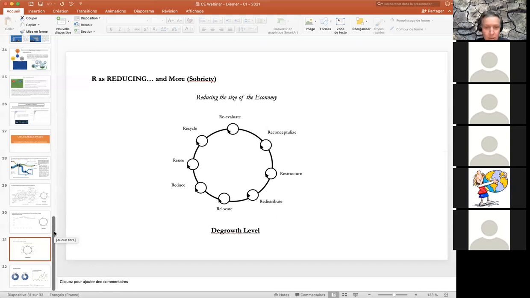So for example, we could have indicators of how much activity we are able to relocate every year, how much activity or product we can reuse. And I think if we do this, we start to understand the consequences of circularity. I should say the biggest driver of the system is reduce, because you know that if you reduce extraction, you reduce trade, you reduce production, or maybe some other activity.